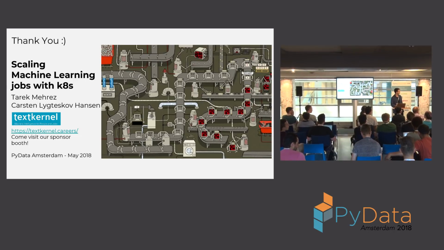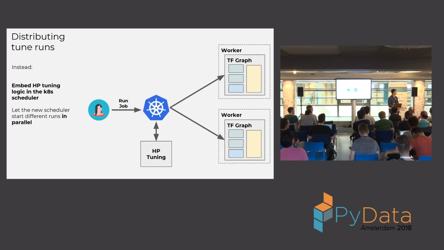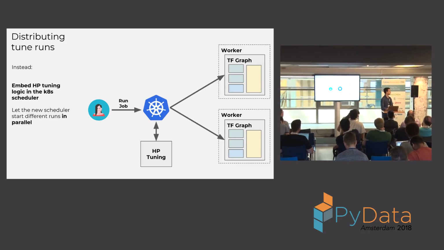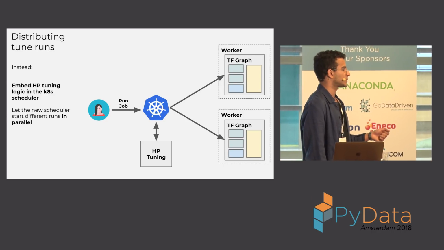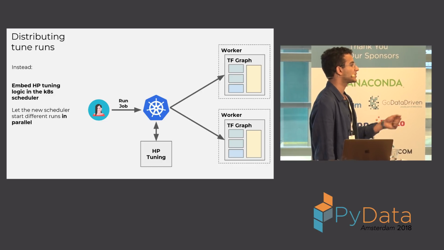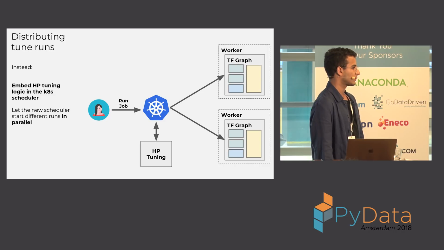Thank you for the talk. I have a question. Can you elaborate a little more on hyperparameter tuning? Specifically, do you use something like HyperOpt or any other library that could be plugged in, because you could specify a whole subspace for all your... So in this case, it was a basic grid search that we implemented. You have a set of parameters and then you know what to start next. But starting next basically meant scheduling the next job in Kubernetes. That's the whole difference. But the actual logic is the same that you would implement in any other setup.